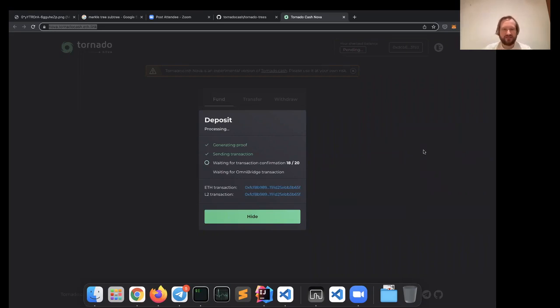And then it sends the generated transaction to a relayer. So this is the same relayer system as in Tornado Cash version 2. So you don't have any Ether to pay for gas, and you want to remain anonymous. So you send the transaction data to relayer, they submit it for you, and take some small fee from this transaction.